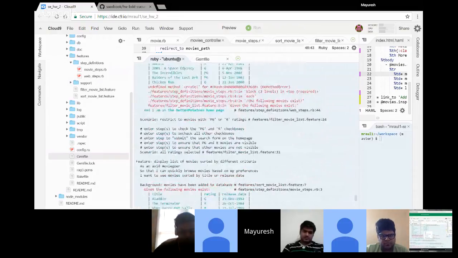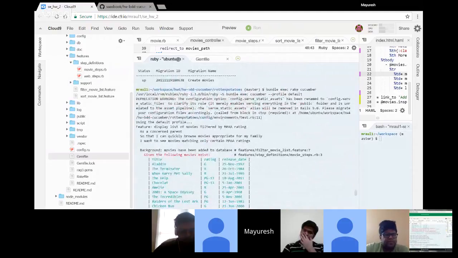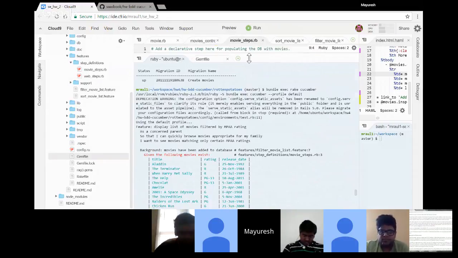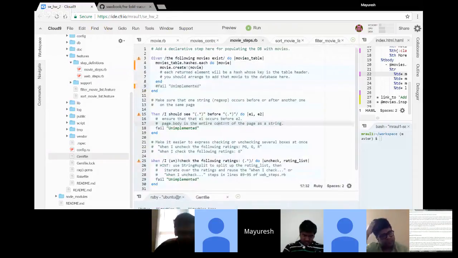Are we still getting the same thing? Yes. Damn. Okay, so I'm going to have to read through this very carefully. So background, and that's in feature 7, and that's movie steps 3. Okay, and can I look at movie steps just very quickly? Oh, I didn't even see this. So, what